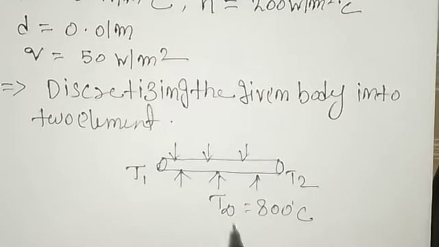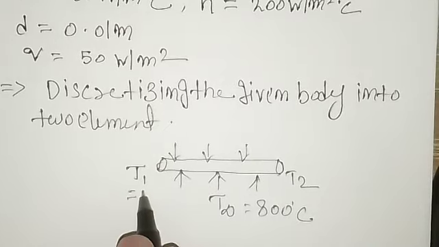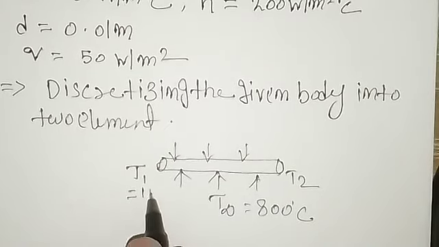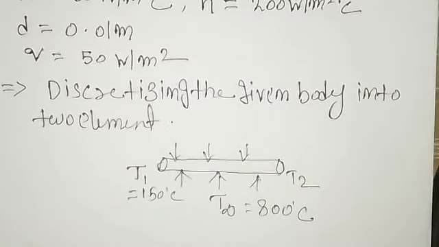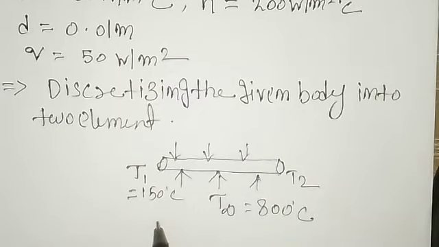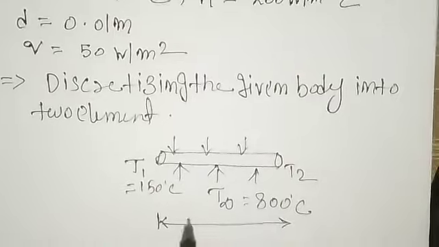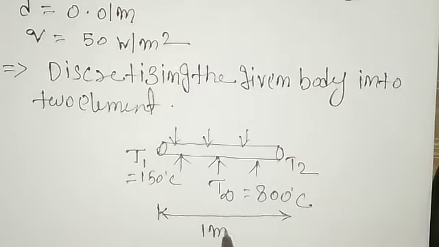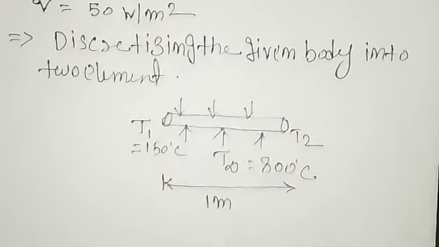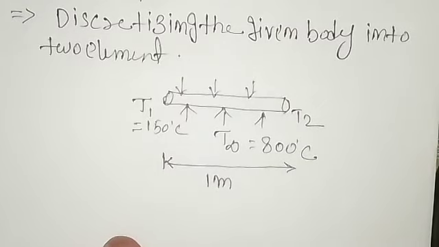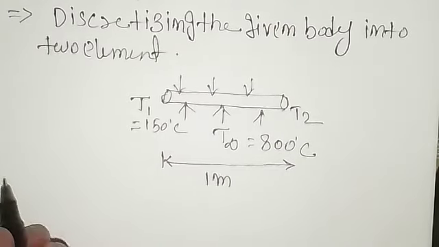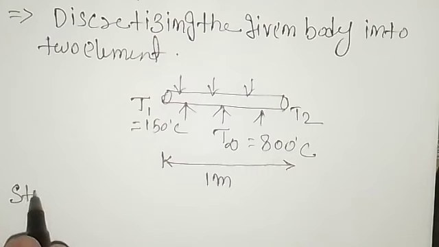Infinite temperature means surrounding temperature, T infinity, and this T1 is equal to 150 degree centigrade. First of all, as we have discretized the 2 meter length into two parts, element 1 has length 1 meter, right? Now we can find out the stiffness matrix for that body, right? So here we can say stiffness